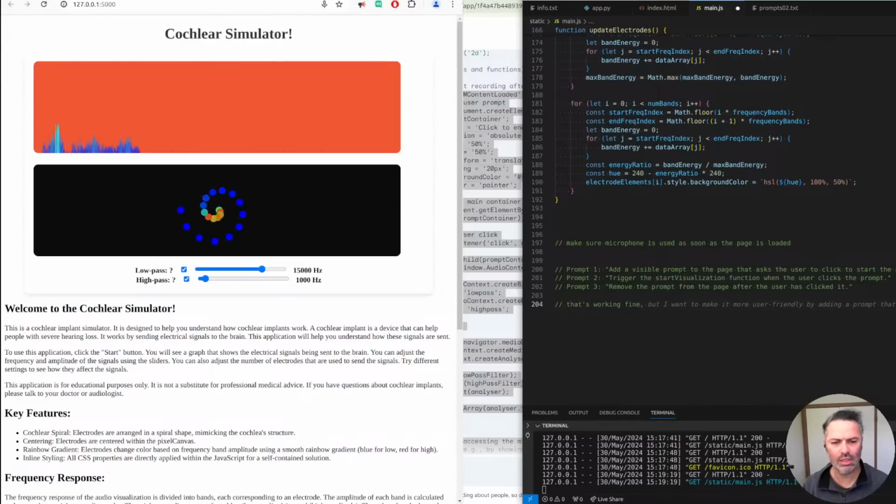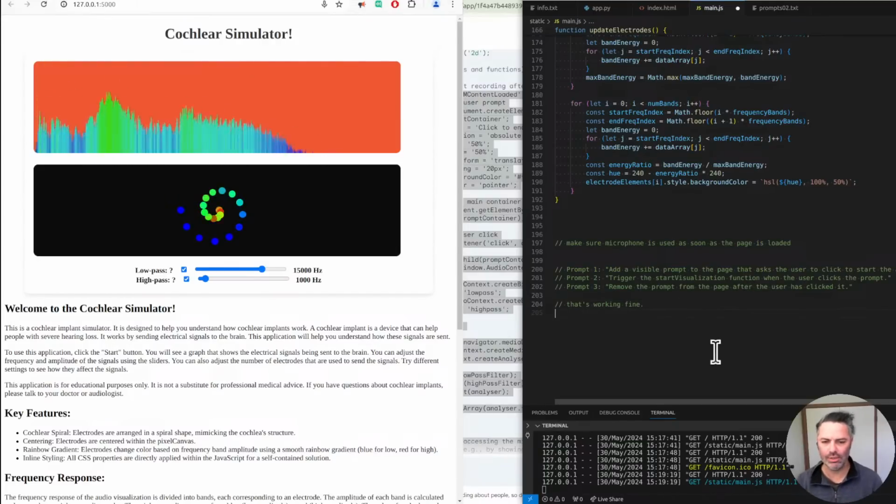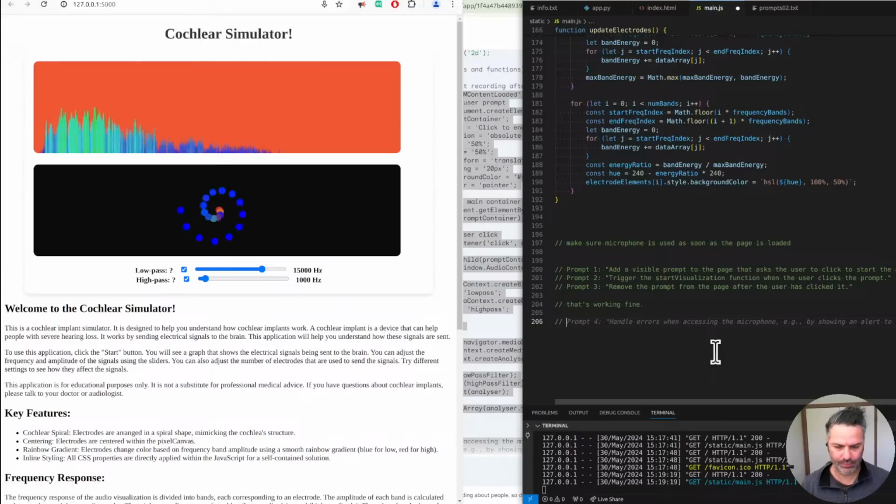But make it user friendly instead of having to click twice? No. That's already doing it. I'm not able to test. No, I was testing it. It's fine. A question. Should we add an option